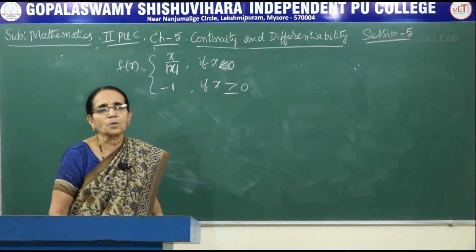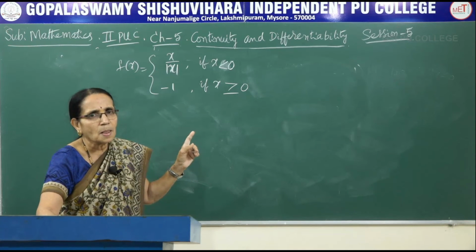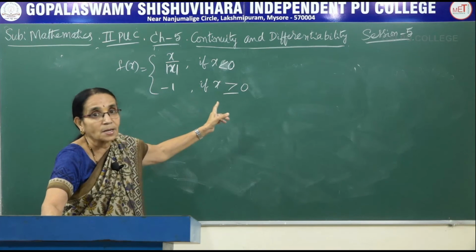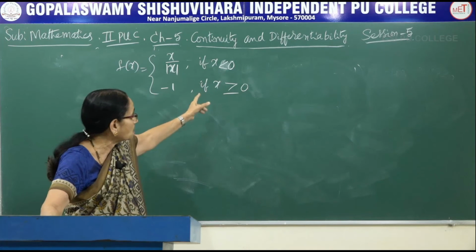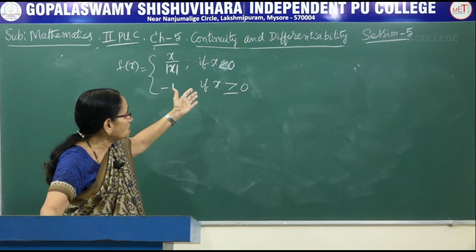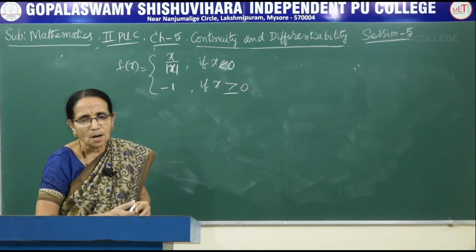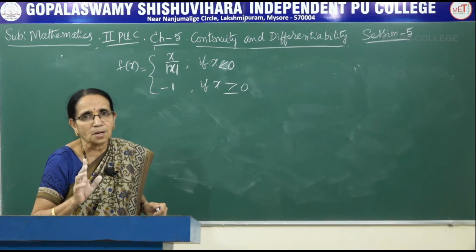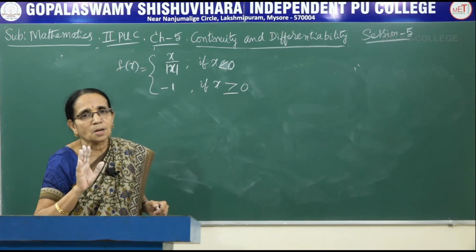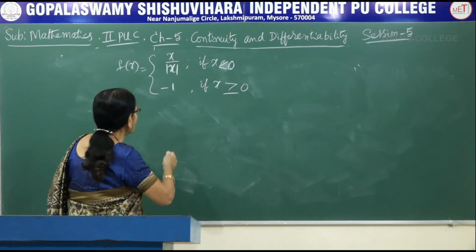So how many cases altogether do we have? 3 cases. If only one point is involved, and if you are having inequality, that you have to remember: there would be 3 cases. If there is no inequality, like equal to or unequal to, there may be only 2 cases. First we will discuss all the 3. So there are 3 cases which have to be discussed. Now one by one we will be considering.